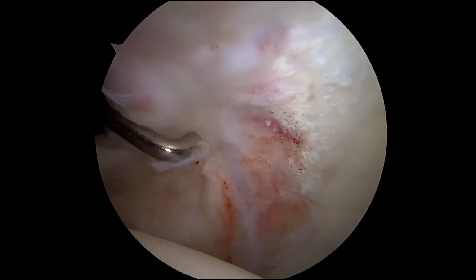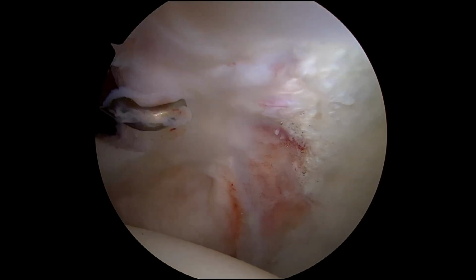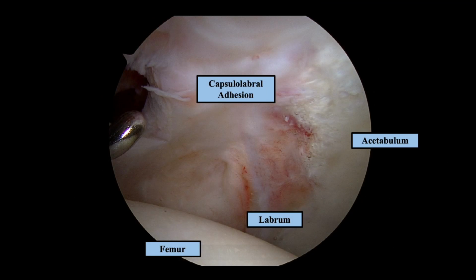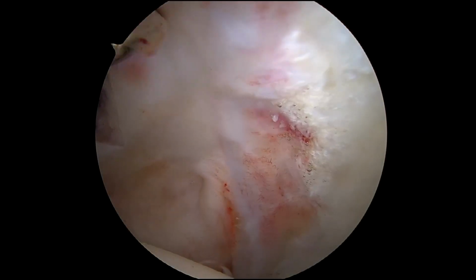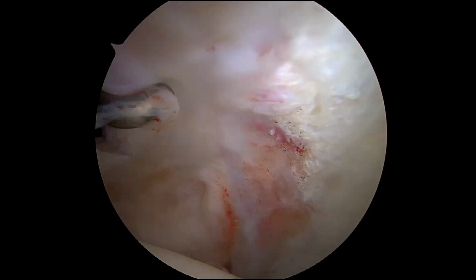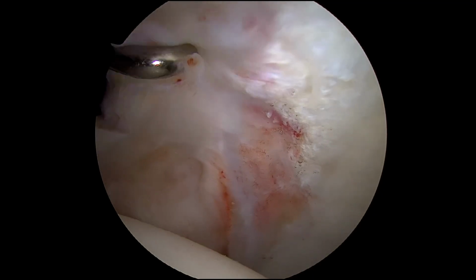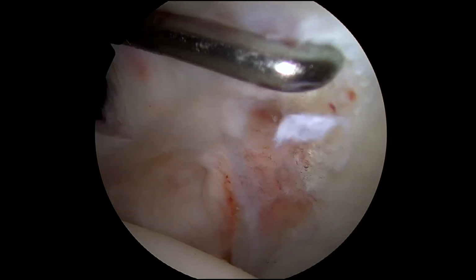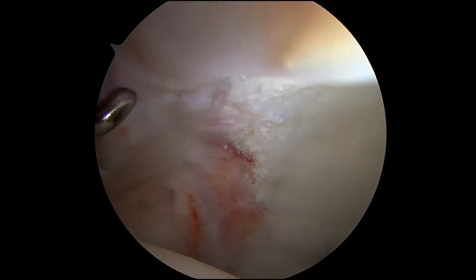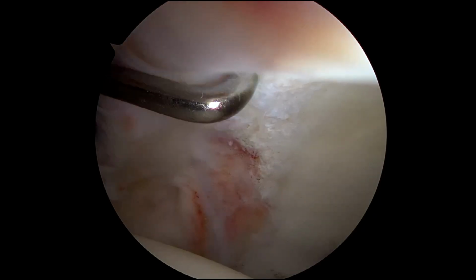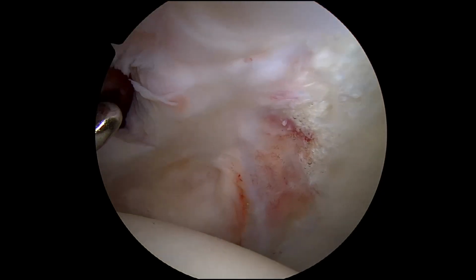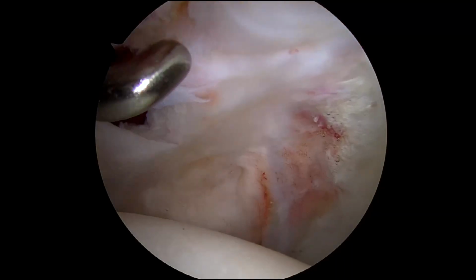Using an arthroscopic probe, tension was placed on the capsulolabral adhesion, resulting in displacement of the labrum from the acetabulum. Here, we can appreciate the presence of recurrent labral tearing as a result of the capsulolabral adhesion. It is important to note that the patient's prior labral tear was identified and repaired from the 11 o'clock to 3 o'clock position, such that this new tear was in a unique position, directly corresponding to the location of the